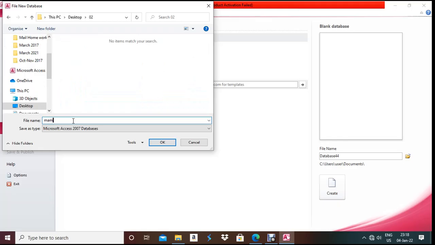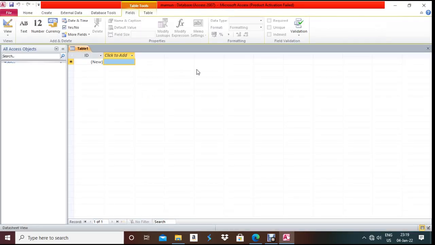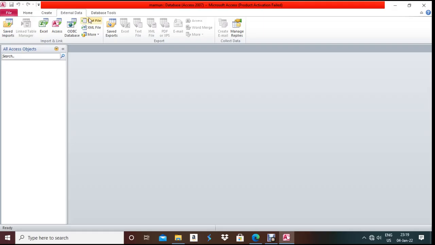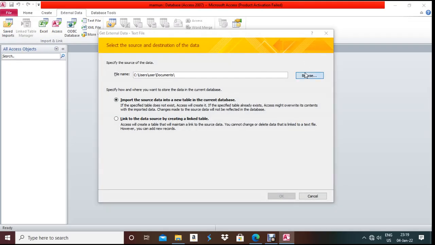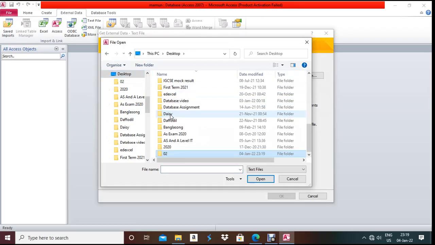Write down your database name, just suppose I'm giving my name, any kind of name you can give. After that click create, close the Table 1. So you need to import the cruises table: external data, text file, browse, desktop, our table belongs to the 02 folder,